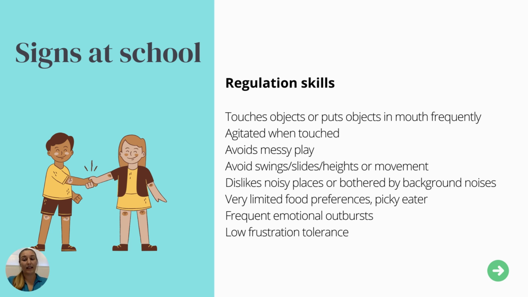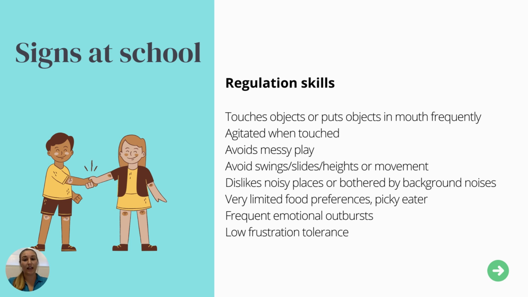Then, as I said before, this list is definitely not complete, and we can talk about different signs in a classroom or concerning signs for a long time. But what we can still add is also emotional difficulties, behavioral challenges, processing difficulties, things like impulsivity or high energy levels that are concerning, and other regulation skills such as a low frustration tolerance, and other signs such as children